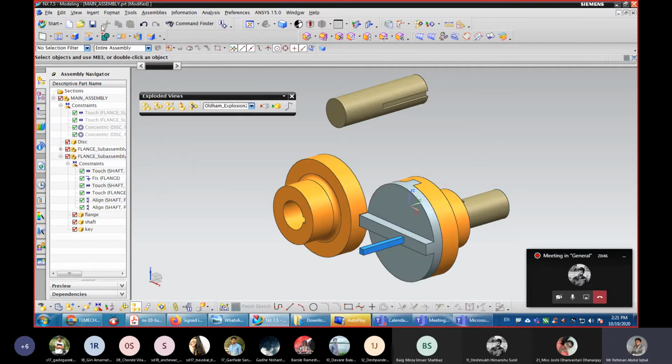So let us say this is the explosion. Okay, we have just changed the location of the flange and all these things, one sub-assembly, and we'll save this.